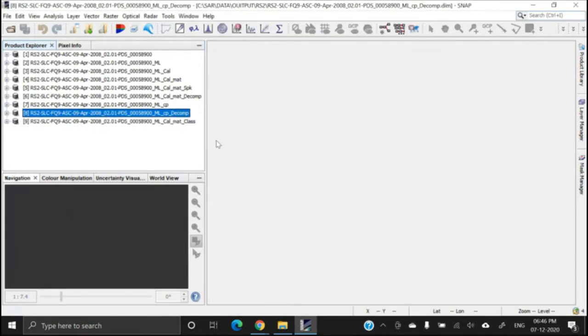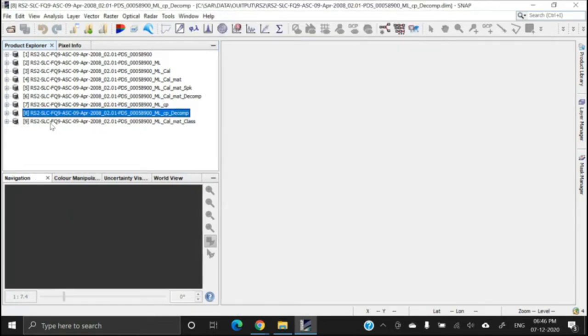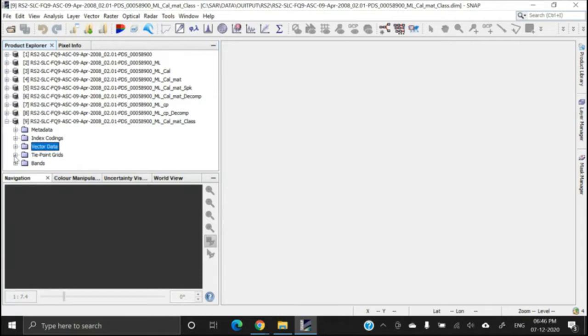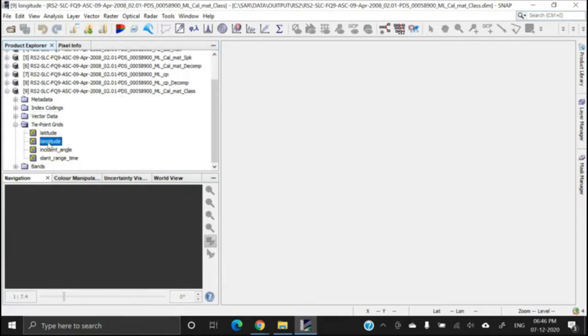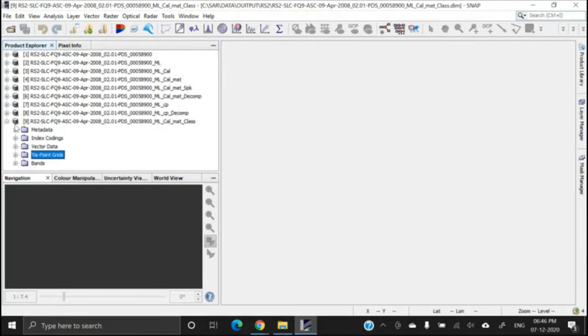Let me explain the image. Now this is the image. Also see that for this image we have the latitude information, longitude information, incidence angle, etc. That means it is still in complex structure, although it has been classified.